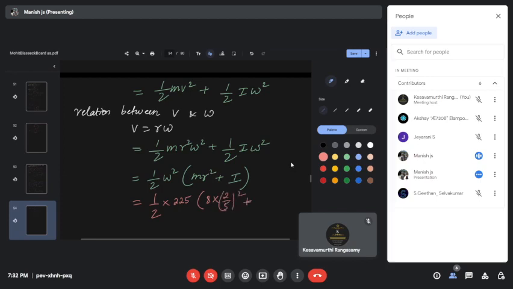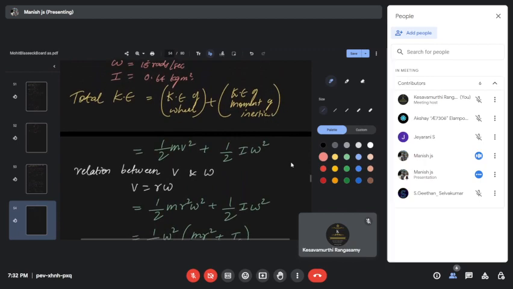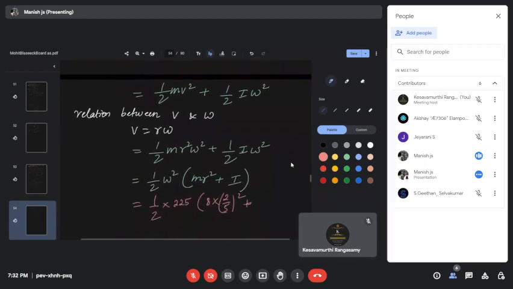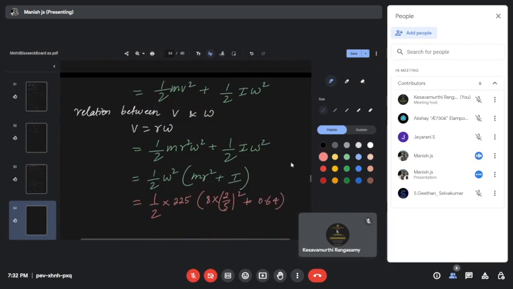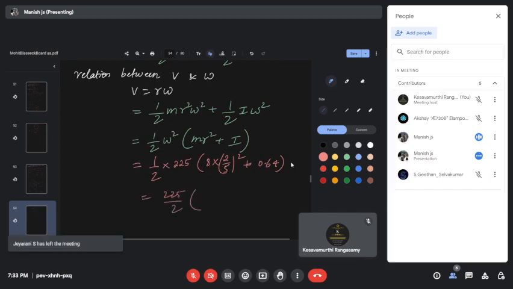plus moment of inertia, which was given in the question. I think it was 0 point something. Let me just check. Yeah, 0.64. So plus 0.64. Done. So you will have to go for a simplification now. Okay. So simplify it. How much are you getting? So it's 225 upon 2 times 8 into 4 by 25, once you have taken the square, plus 0.64,